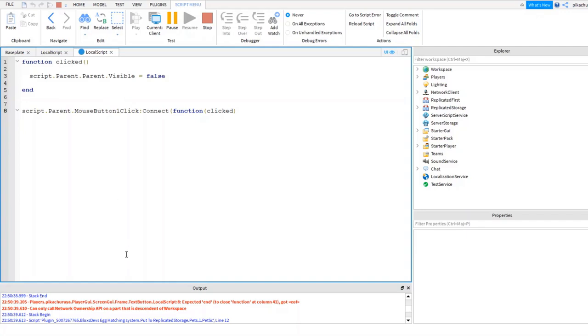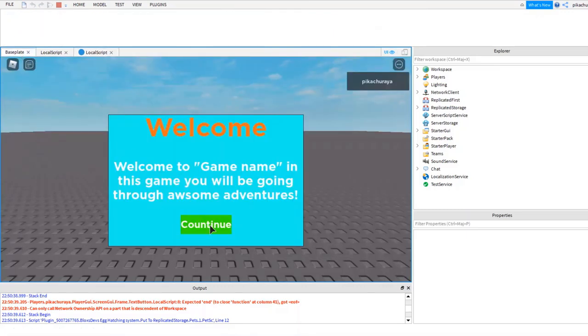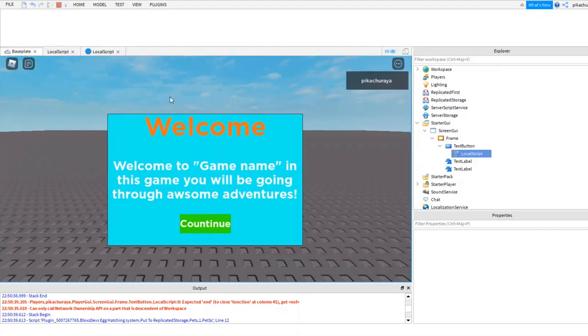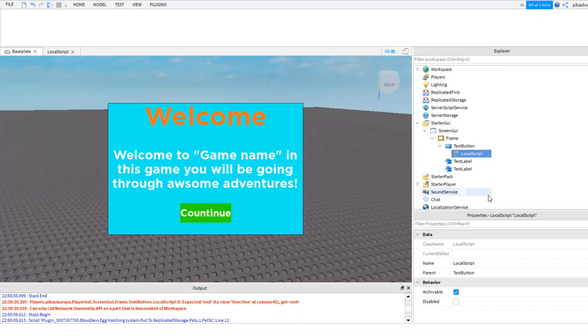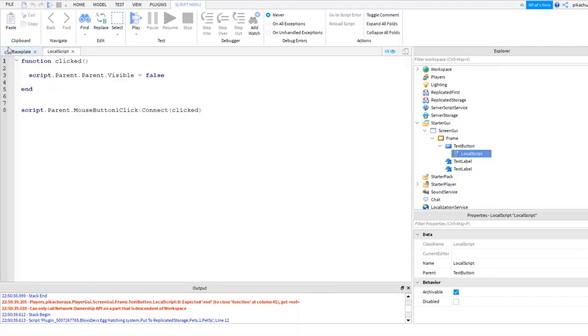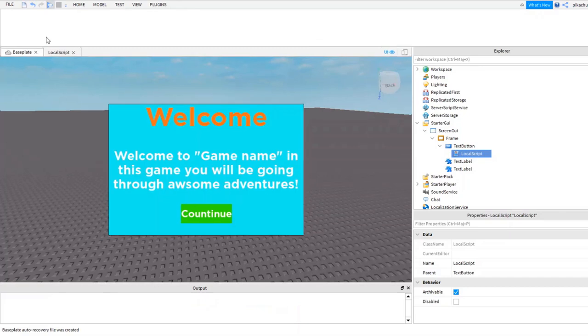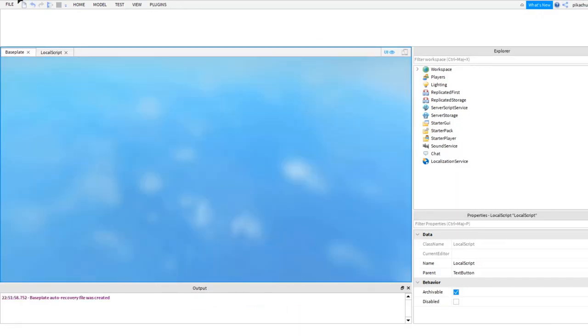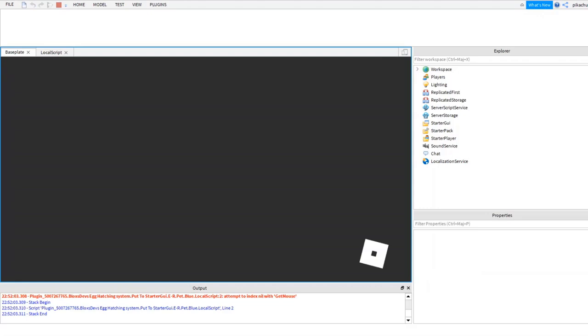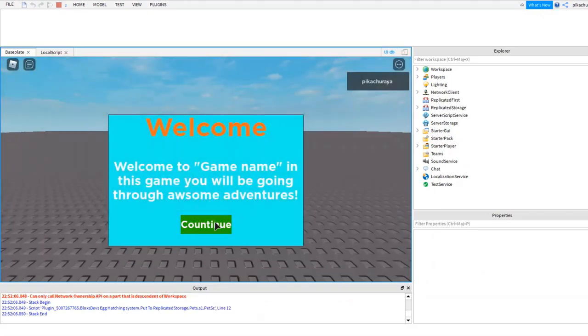Wait a second. Let's just go over and change the function. It should literally just say clicked, and that's it. So like this, you say clicked, and bam. Now if we play, it will work, and when you click, it should actually work. We're going to go back in the script because we're running it. Okay, it's saved. So let's click play, and it should be working perfectly fine. So here, let's play, and ta-da.